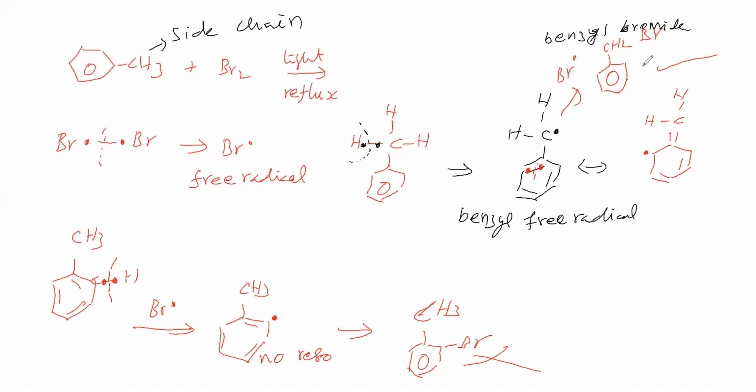Next, we will go for fluorination. Now we will take methane. This we will treat with fluorine. What we will get is carbon and HF. We cannot get methyl fluoride, because fluorine is highly reactive. So we cannot take alkane for fluorination. Taking alkane for fluorination is not possible. So fluorination we cannot do it.